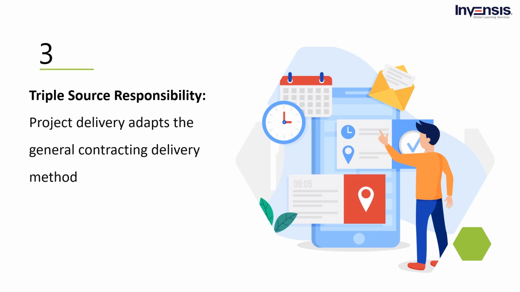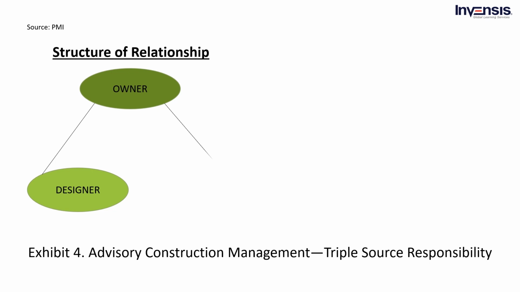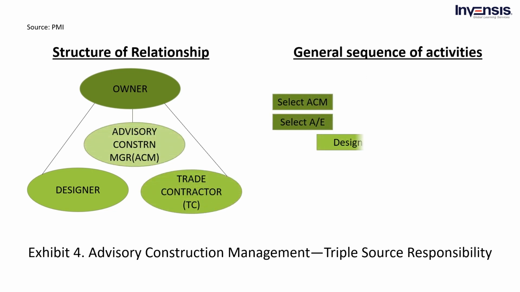The difference is that a construction manager joins the designer and the contractor as the third party contractually liable to the owner. The manager serves as an advisor to the owner and manages the project. As a result, this technique is commonly known as advising construction management project delivery. This technique is also known as agency construction management. The distinction is that advisors only advise owners, whereas agents can legally act on the owner's behalf without the owner's